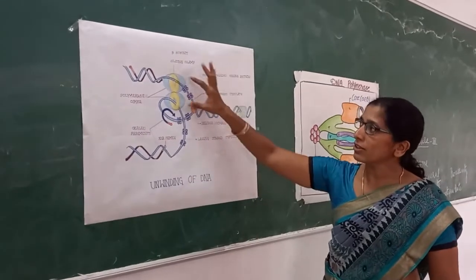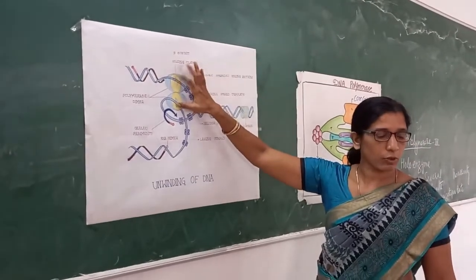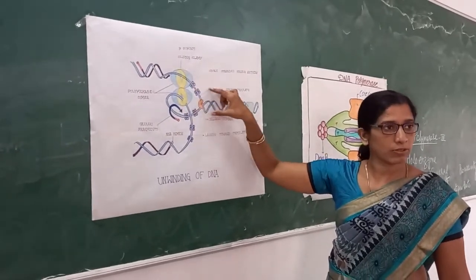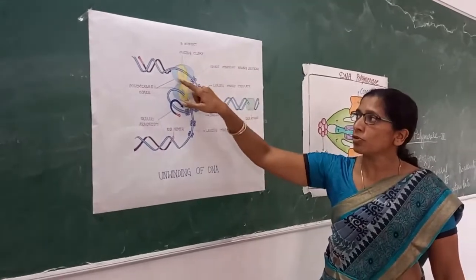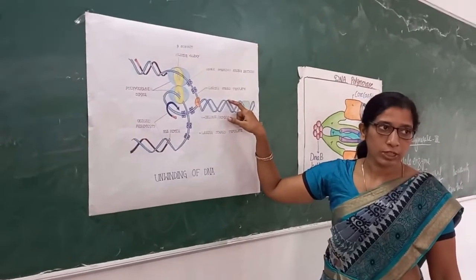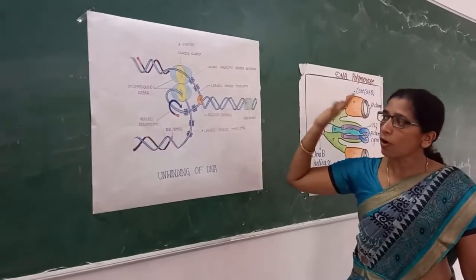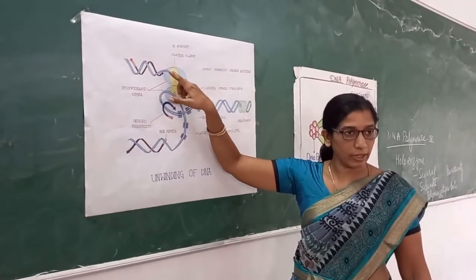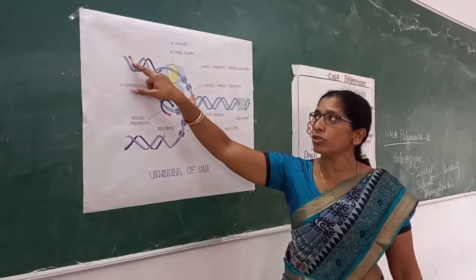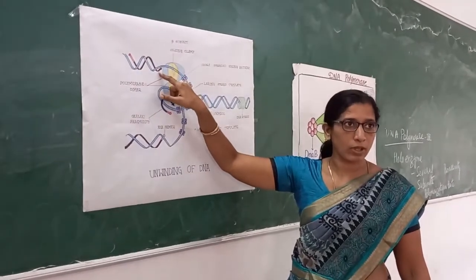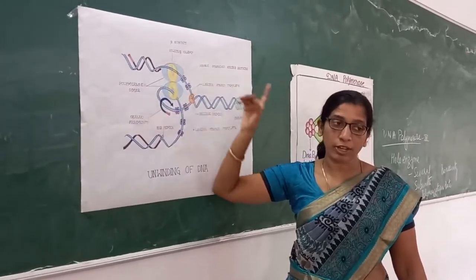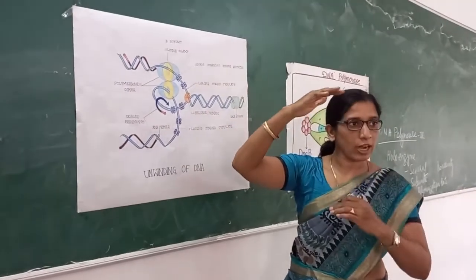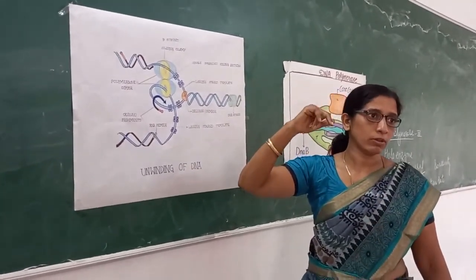So here you can see this is a holoenzyme, the polymerase, and it is able to synthesize both the strands simultaneously. It proceeds in only one direction, 5 prime to 3 prime. Obviously, on the 3 prime to 5 prime template strand it cannot start synthesis in the 5 prime to 3 prime direction, because it requires a 3 prime OH group. There only it can start adding further nucleotides.